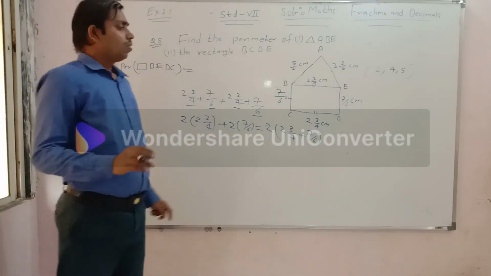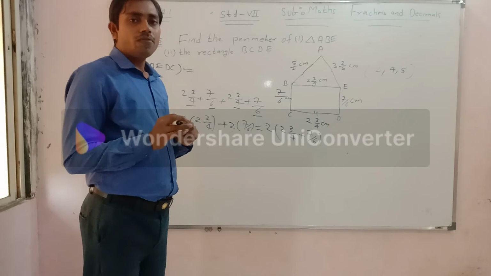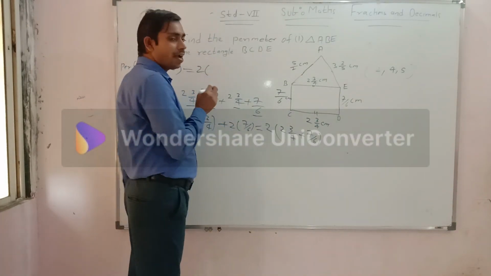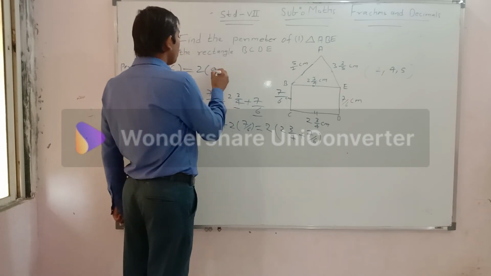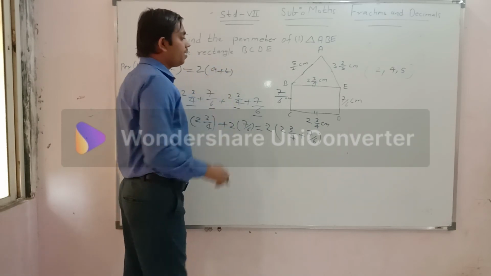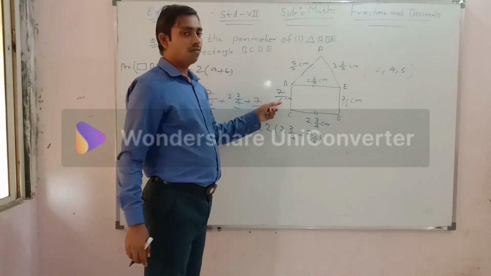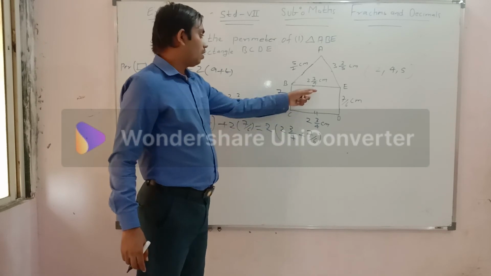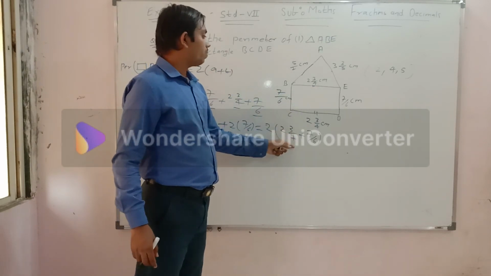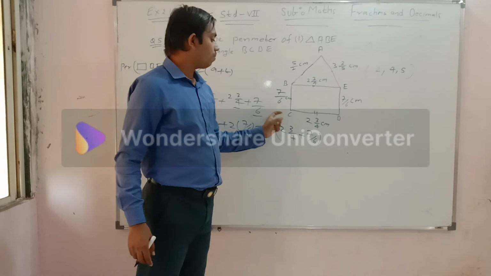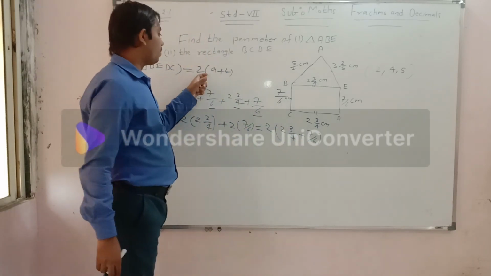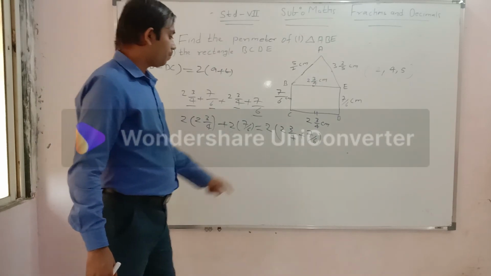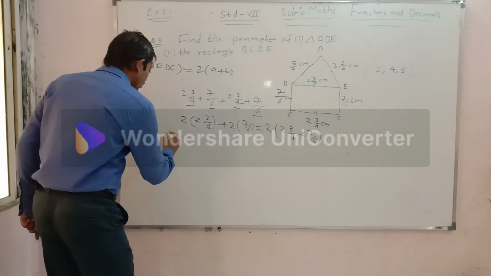Okay, so what can you do the other way? Directly use the formula. What is the formula to find the perimeter of a rectangle? 2 times of a plus b, where a indicates length and b indicates breadth. So I wrote now in that form only. a for length is 2 3 by 4 and b is 7 by 6. Now what to do after this? Simplify, my dear student.